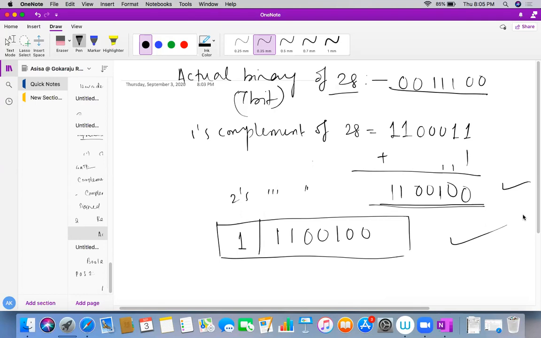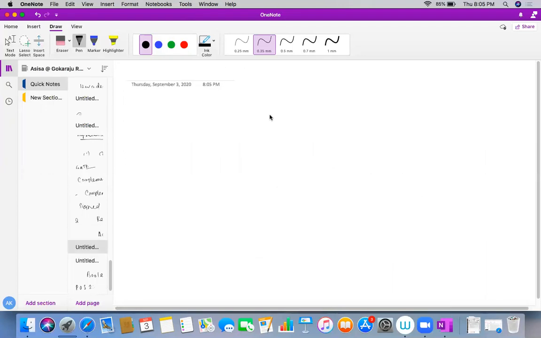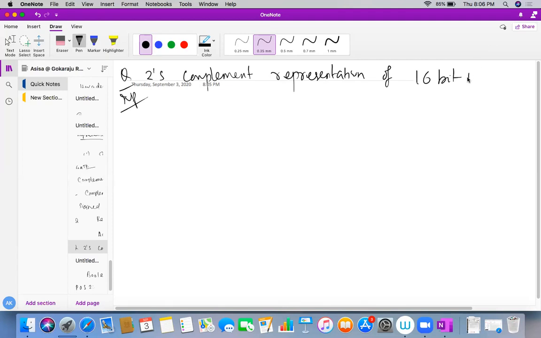Now another question I will just discuss with you. This also came in the exam, in previous year's exams. This is also an important question, a previous year question only. The 2s complement representation of a 16-bit number, please read carefully, students, in brackets it's written 1 sign bit and 15 magnitude bits, is 4fs.